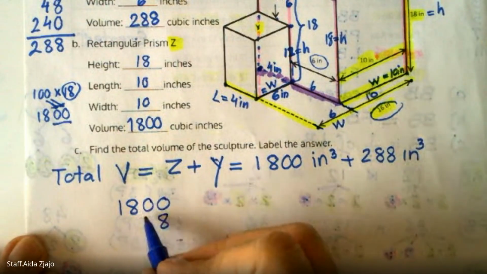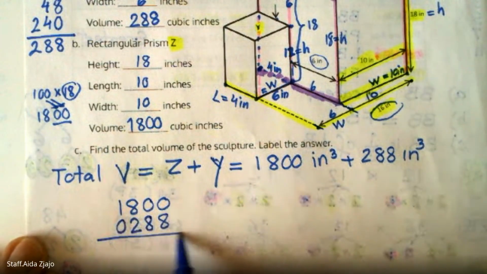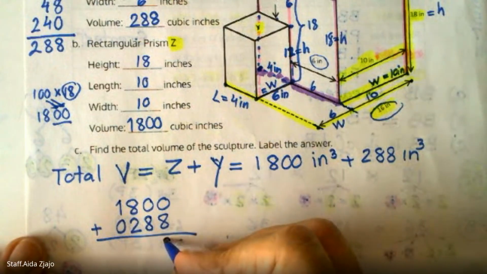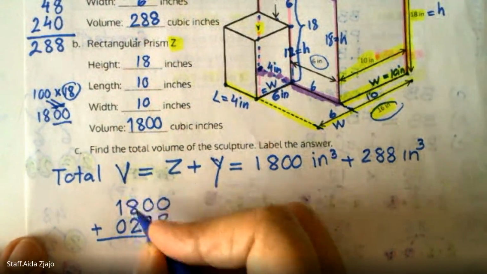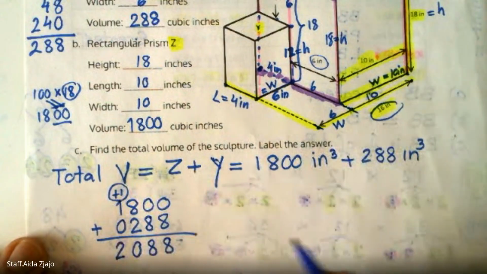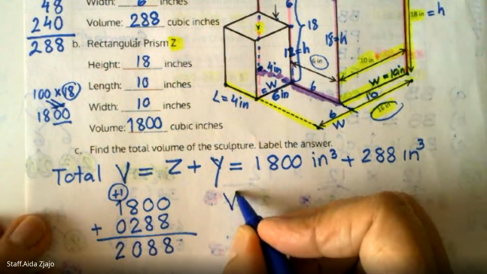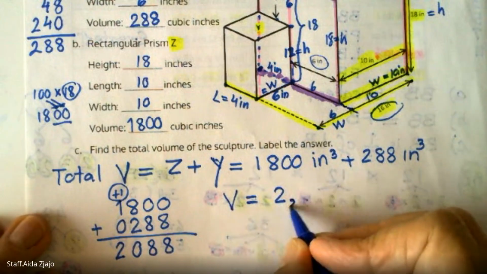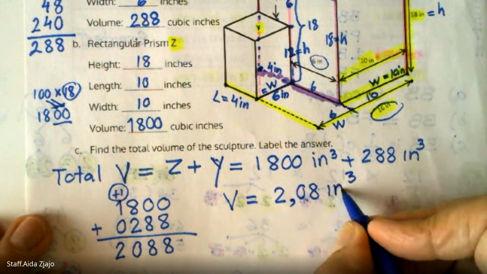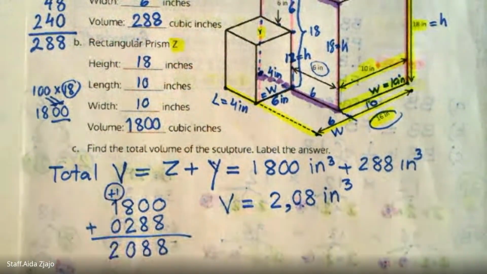start with ones, tens, hundreds. We don't have any thousands in the other number. We can easily put the 0 to make the calculation easier. So the total is 2088. So the total volume is 2088 cubic inches. Cubic inches. And that was the exit ticket